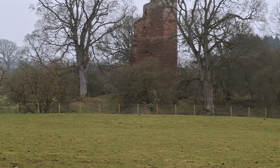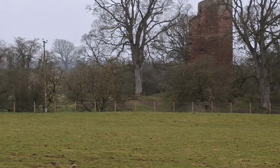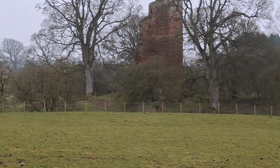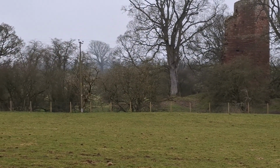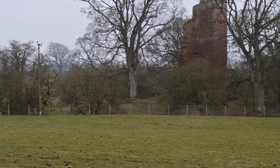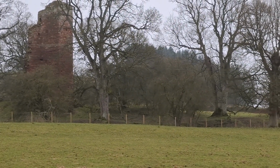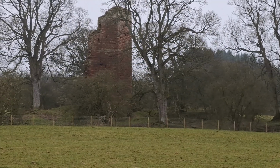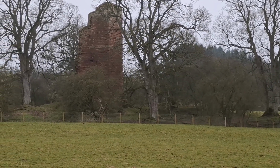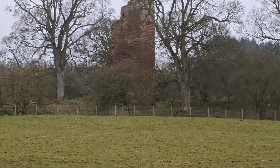And this is a view from the roadside, which is looking at the remains of the southeastern tower from a different direction. And I think if I walk down a bit after we've just explained one or two things here, we might even be able to see one of the surviving doorways. This tower has, as I say, doorways and small lancet windows, as we would expect for defence. And there's a bit more interpretation